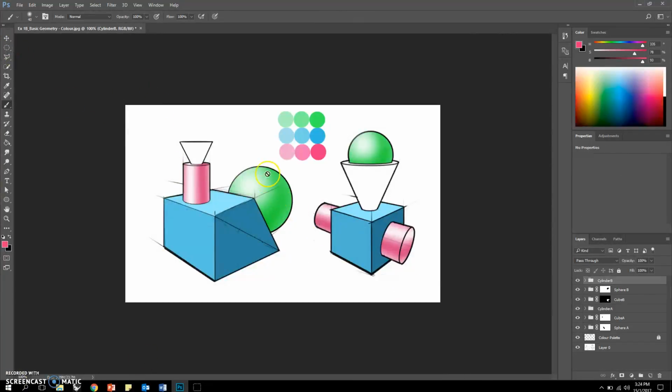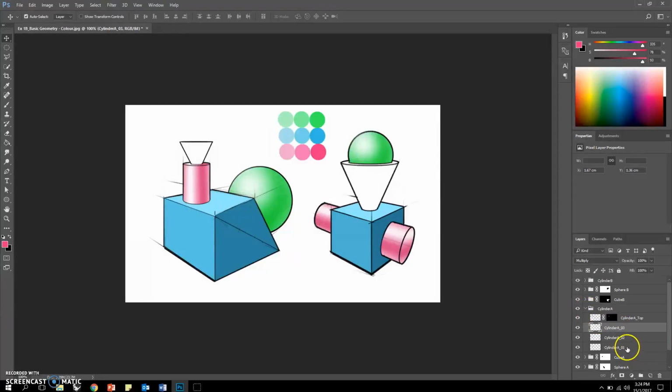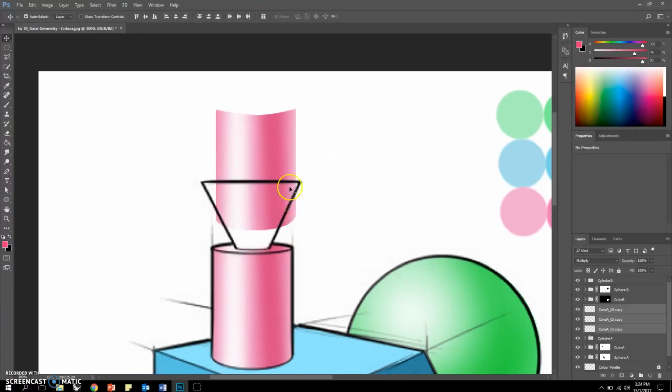Okay, so for the very last portion, right? Let's say for example a cone and a cylinder is very close. True? I can always go for my cylinder A again. I take this tree, copy, bring it up higher here. Let me rename it from cylinder to cone. We are going to borrow this and then have it as our cone instead. Okay, so let's just take all this guy out. What we are going to do now,